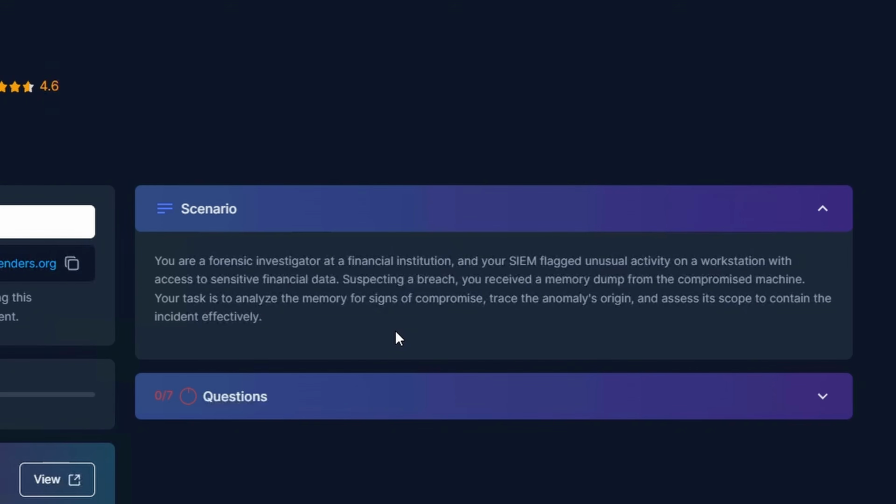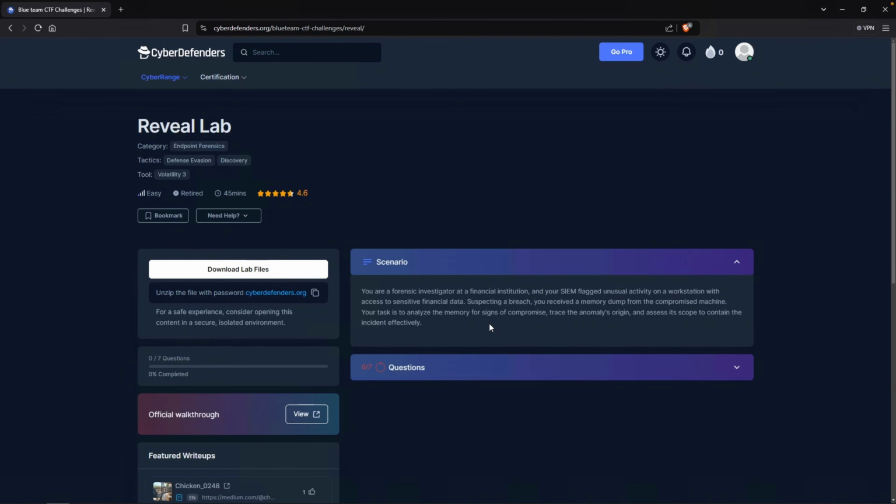It says, you are a forensic investigator at a financial institution, and your SIEM flagged unusual activity on a workstation with access to sensitive financial data. Suspecting a breach, you receive the memory dump from the compromised machine. Your task is to analyze the memory for signs of compromise, trace the anomaly's origin, and assess its scope to contain the incident effectively. If we take a look at the top left corner, it does have a tool recommendation